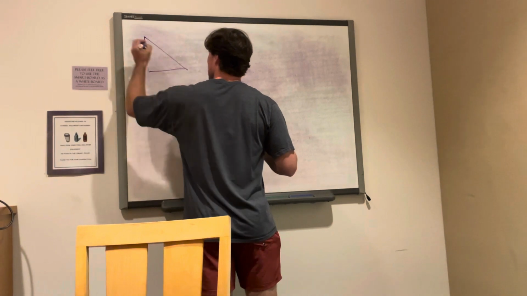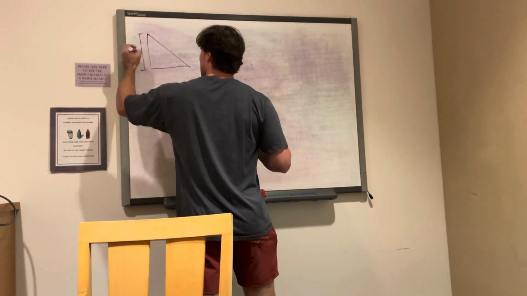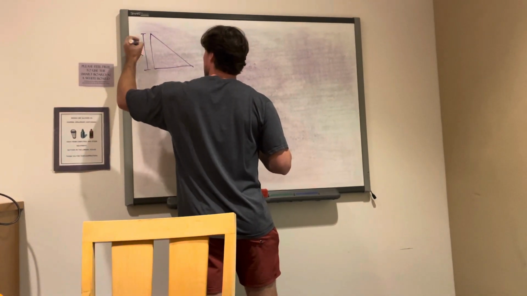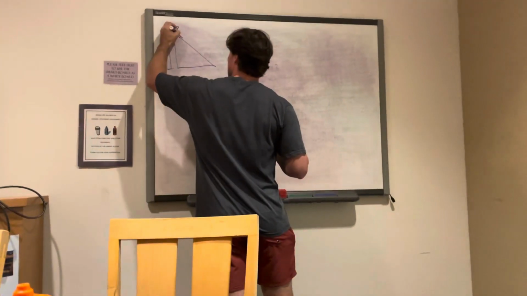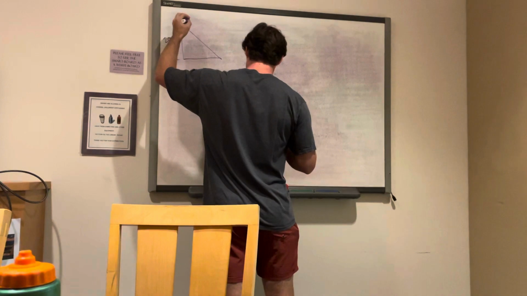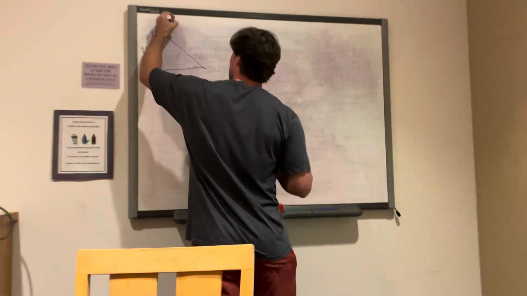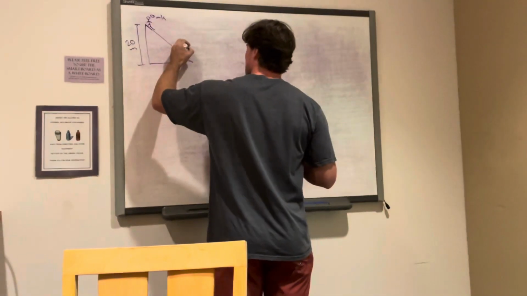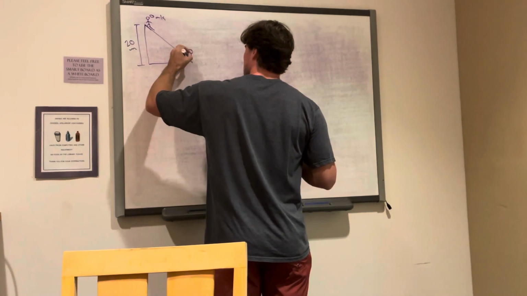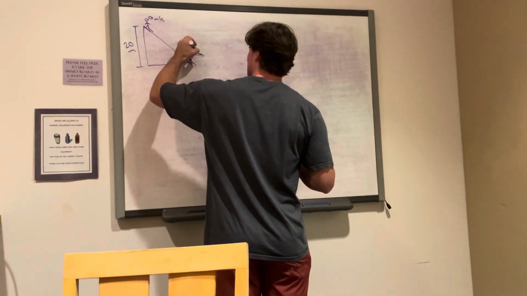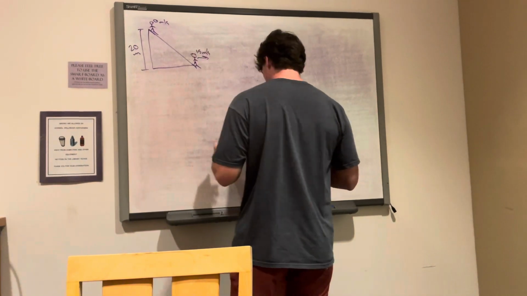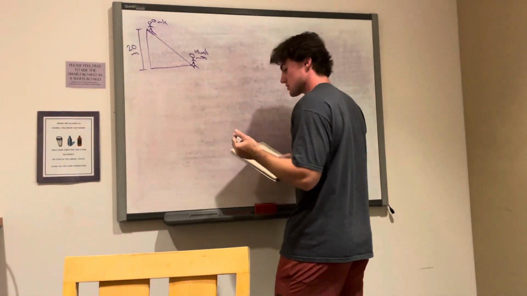We have our slope with a height of 20 meters, with our skier at the top starting from rest, 0 meters per second. Down at the bottom here, moving 15 meters per second. So what I know